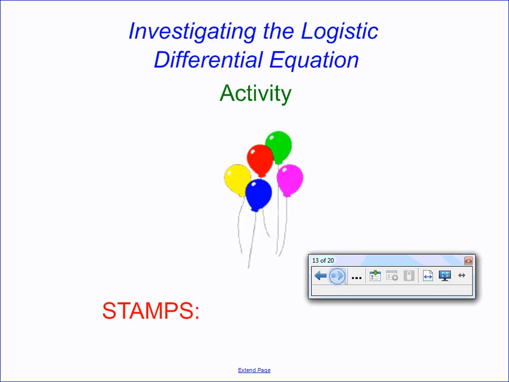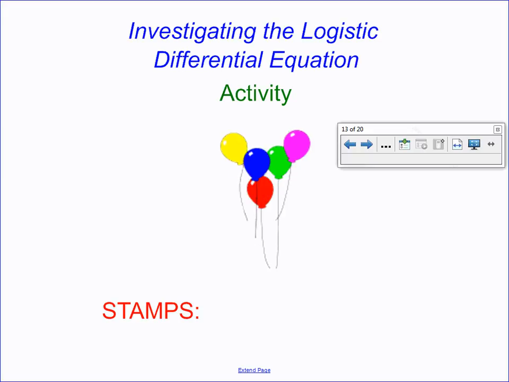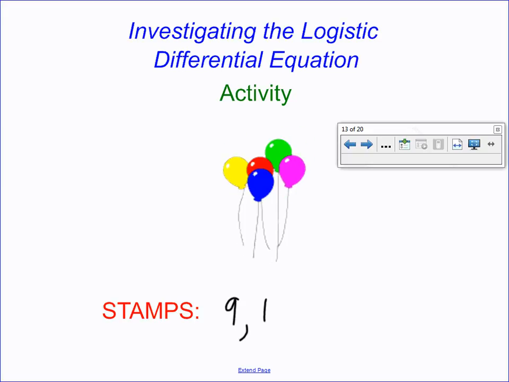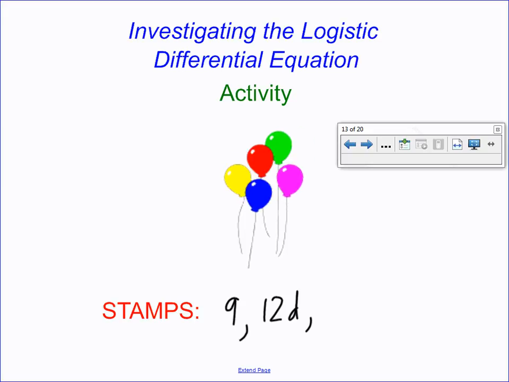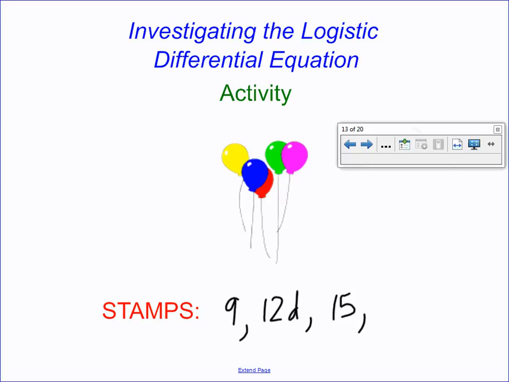All right, so I don't want to say too much. I'm pretty excited. I don't know if you guys can tell, but we're going to investigate the logistic differential equation today. I picked out activity stamps, so we're going to include 9, 12D, 15, and a little bit of a stretcher is number 17. But I'm confident that working together, you guys are going to be able to do that. There's more than one way to arrive at the final correct answer,